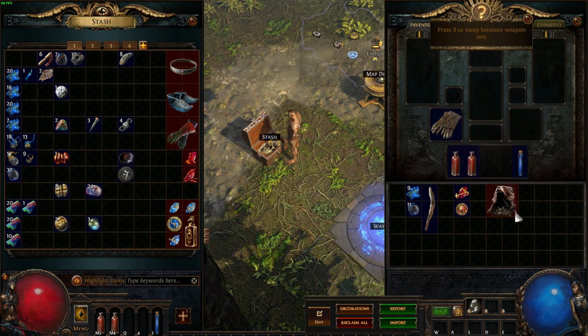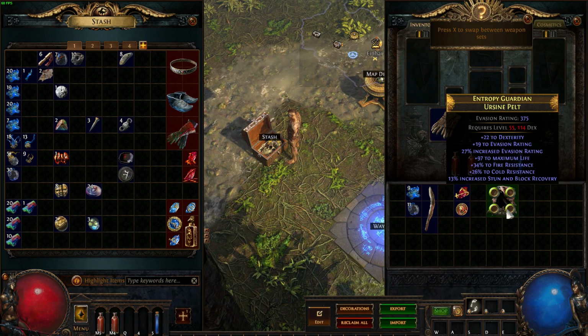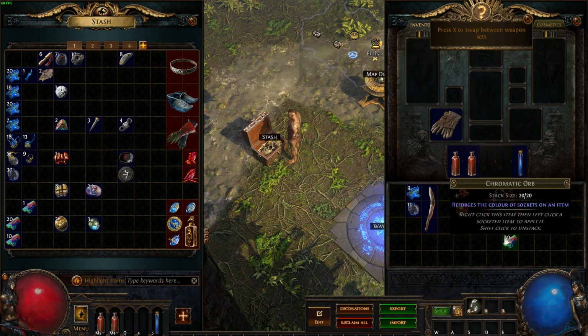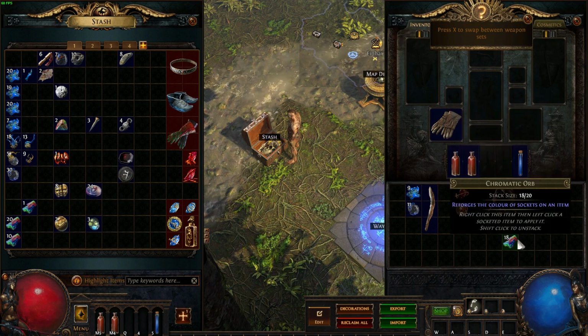Okay, now it's got the 4 green sockets. I don't want 4 green sockets. Say now I want 2 red sockets and 2 blue sockets. How do I change that? Well, you can grab these chromatic orbs and throw that on there, and that will change the colors of your